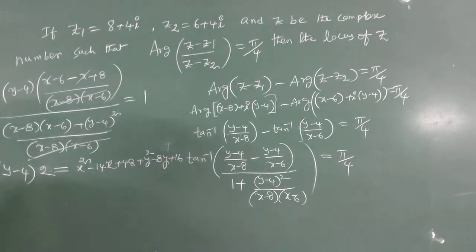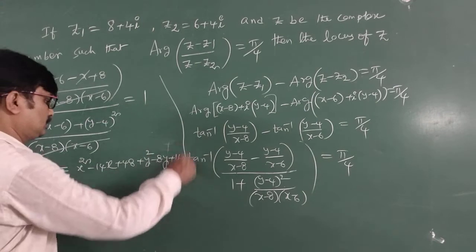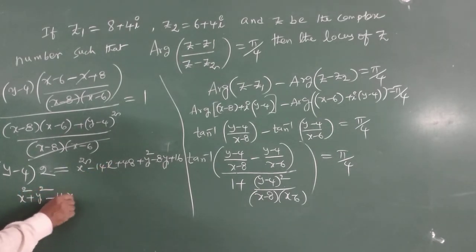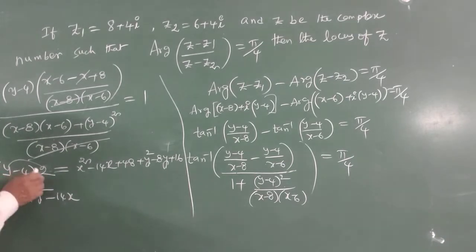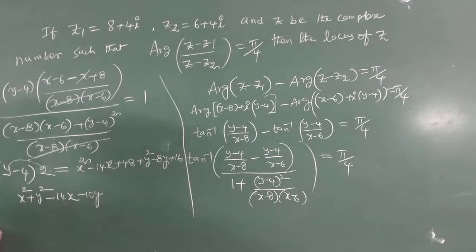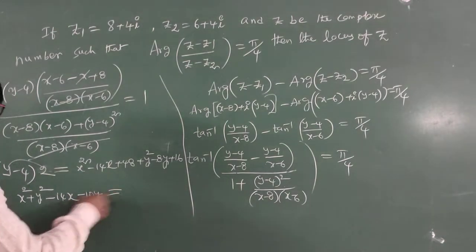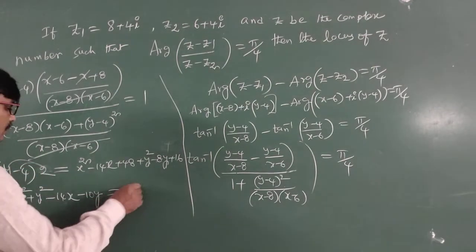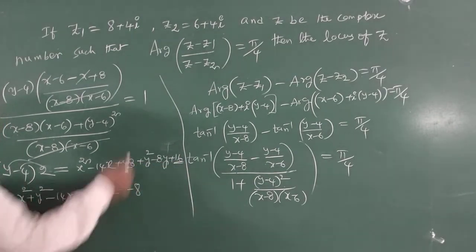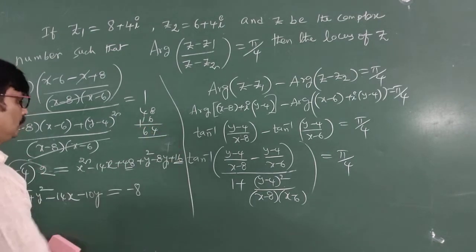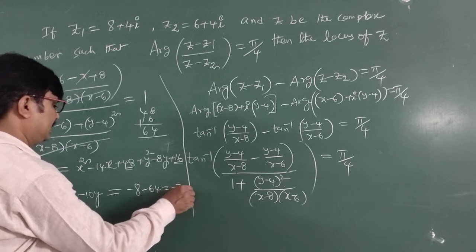Okay, now the simplification you can write as: first x square, after then y square, now there is minus 14x. Now students, 2y plus 2y, this is minus 8y sending to the other side, minus 2y, this is minus 10y. Okay students, now there is minus 8, minus 8, this is 48, 16, now this is 64, so this is minus 64 minus 72.